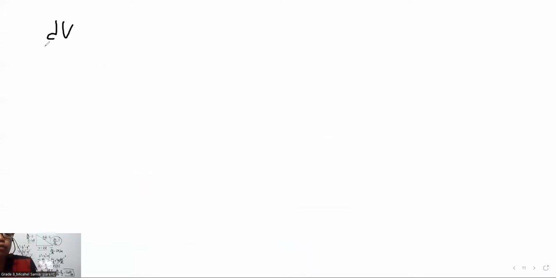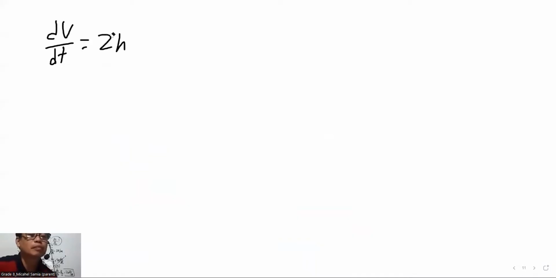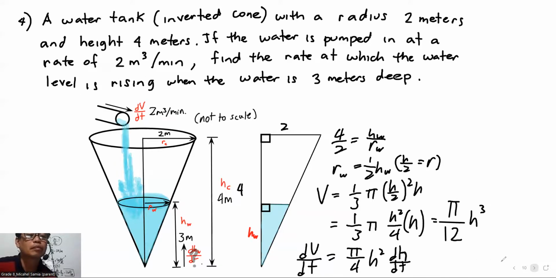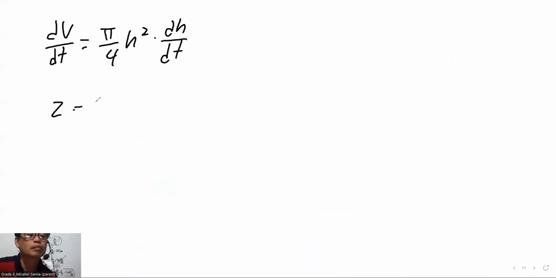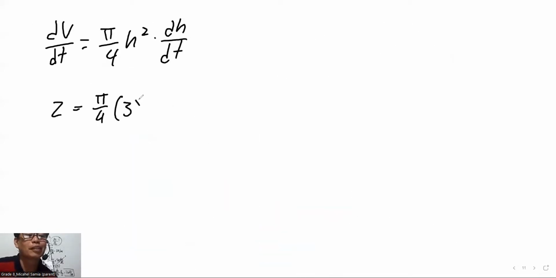So, equals 2 pi over 4 squared over... so dV is 2. 2 equals pi over 4. Then current H is 2. Yes, 3 meters. 3 squared